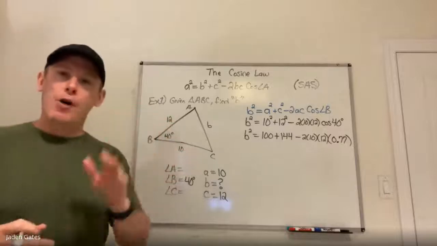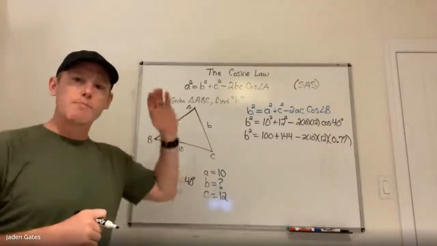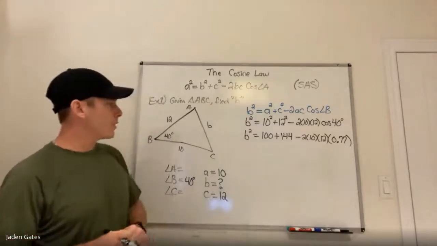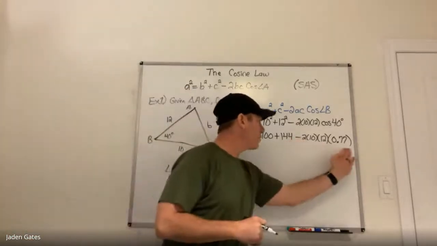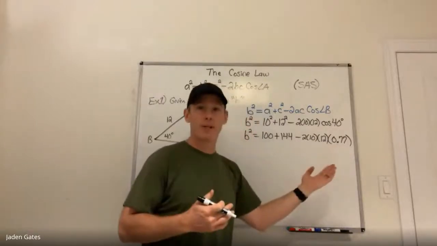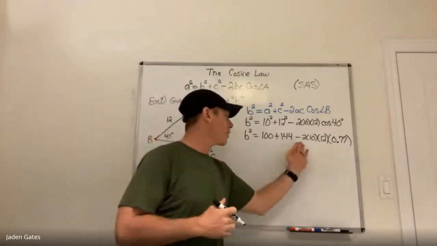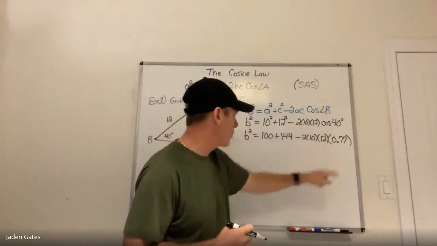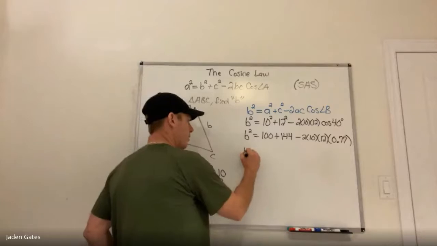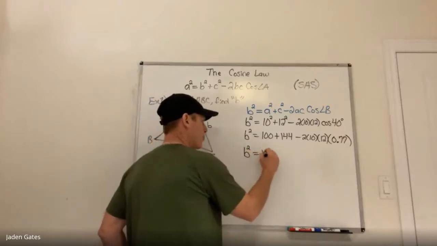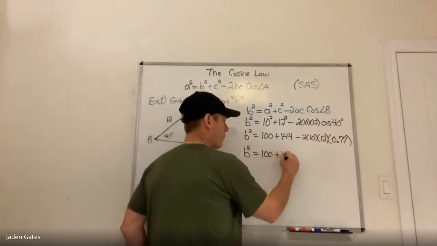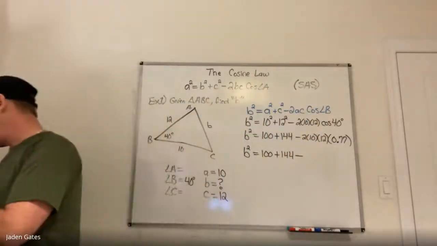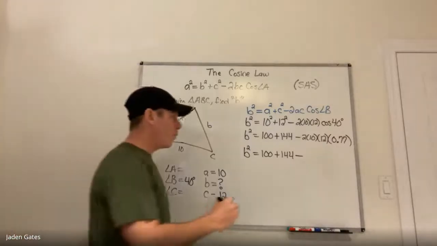Now, again, we got to follow BEDMAS. This is where most students make a mistake with the cosine law, not following BEDMAS. I have to multiply next. Well, BEDMAS is multiplying and dividing. We don't have any division. So I'm going to multiply these four numbers here: the 2 times 10 times 12 times 0.77. All right, so here we go. B squared is equal to 100 plus 144. Again, I'm going to multiply those four numbers because BEDMAS tells me to, and I get